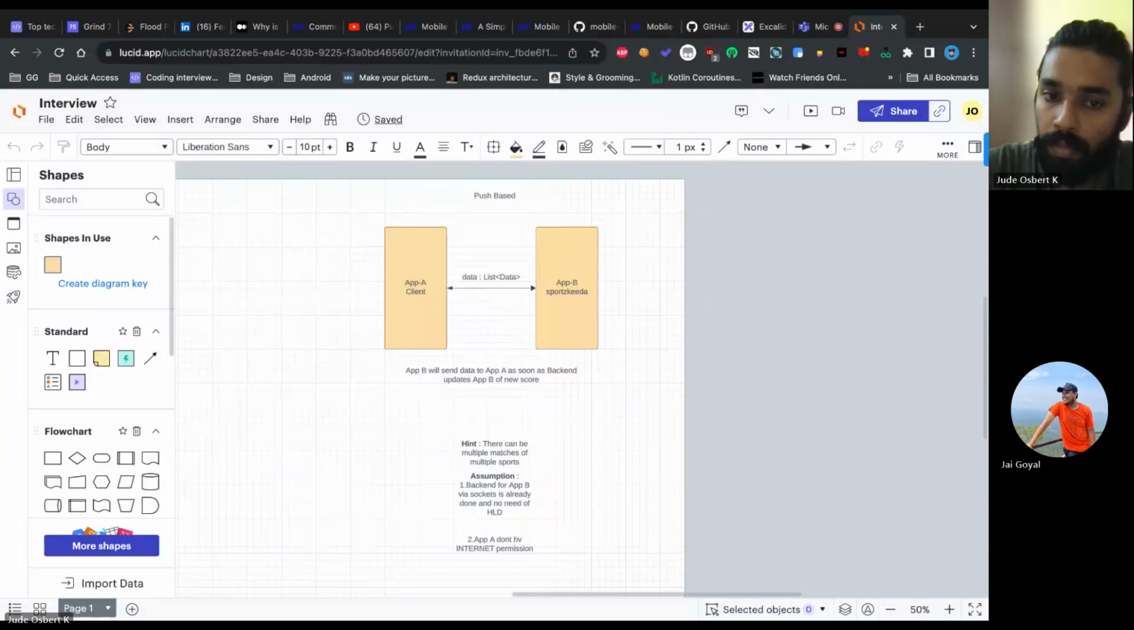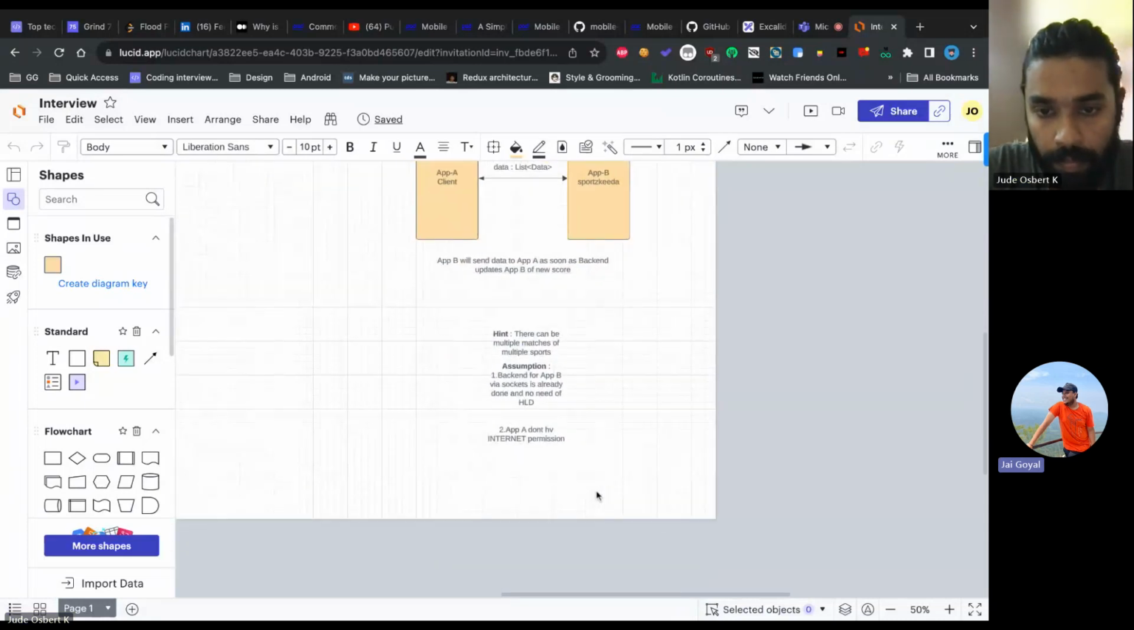And there are a little bit of hints that I have added below, that there can be multiple matches of multiple sports, and the user will have some sort of a preference, right? Matlab, maybe you can think in terms of scoring, like for you